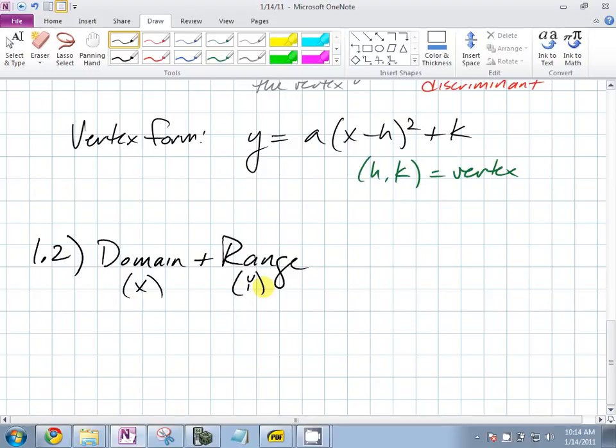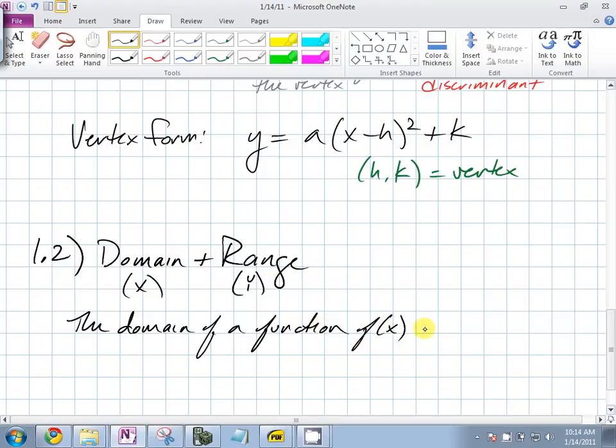Hanley, what can you tell me about domain or range? Can I say it's usually used in graphing? It's part of graphing. It's important. Yep. The domain of a function f of x is the what? Can anybody finish that? The domain of a function f is the